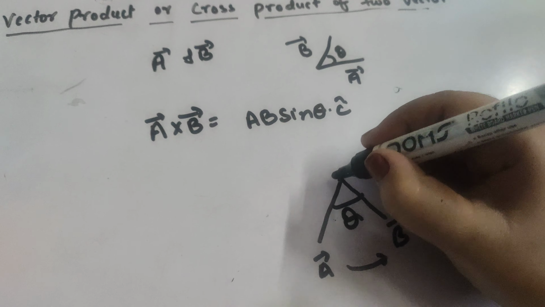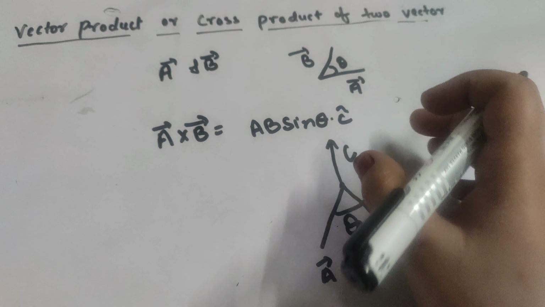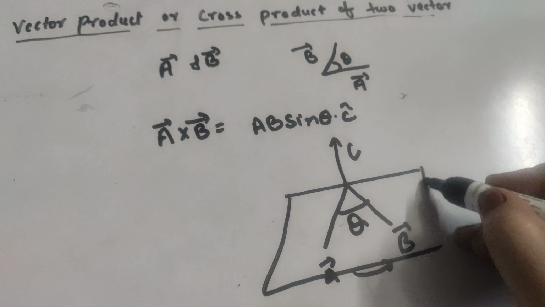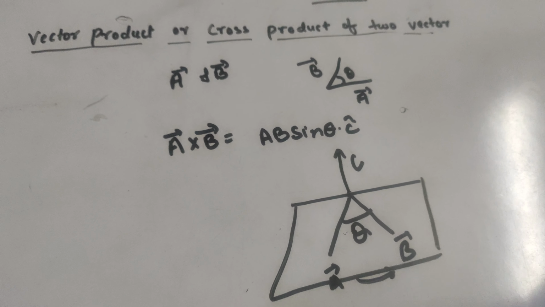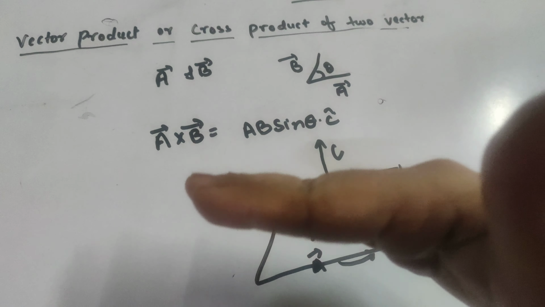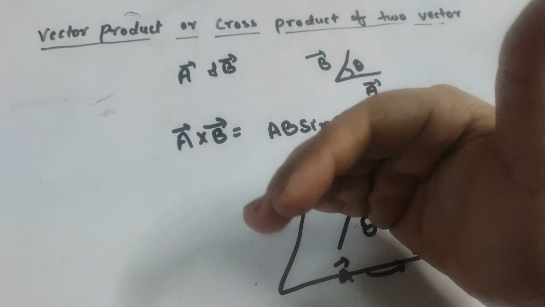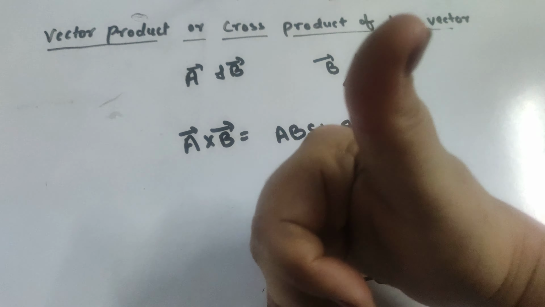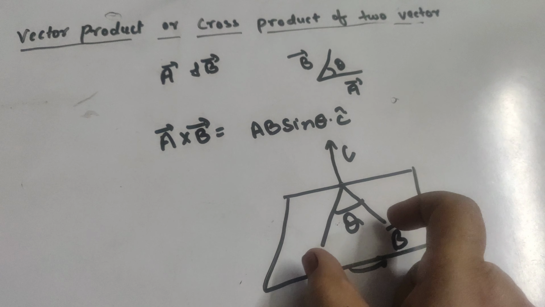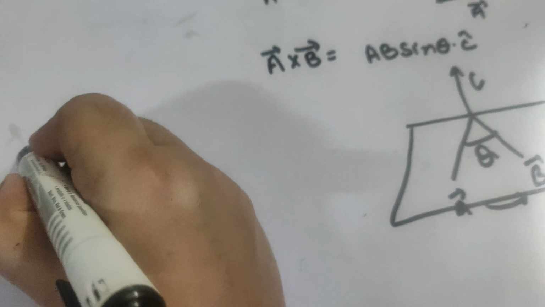So the direction will be this C vector. We will obtain another vector C vector which is perpendicular to the plane containing A and B, right? So if I want to represent this diagrammatically, here you can see that this is the plane containing the two vectors A and B. So the thumb points in the direction of vector C, which is perpendicular to the plane which contains the vectors A and B, right? Now going to the geometrical interpretation